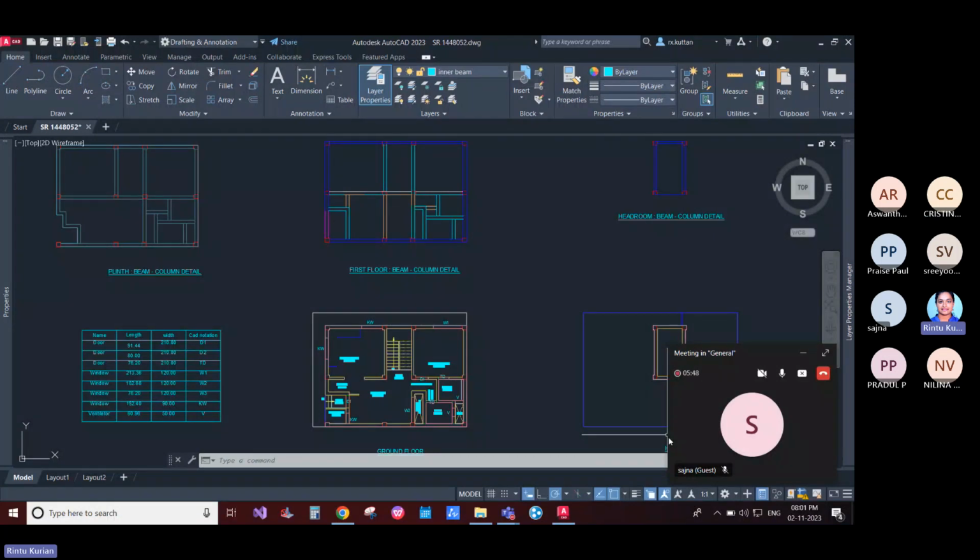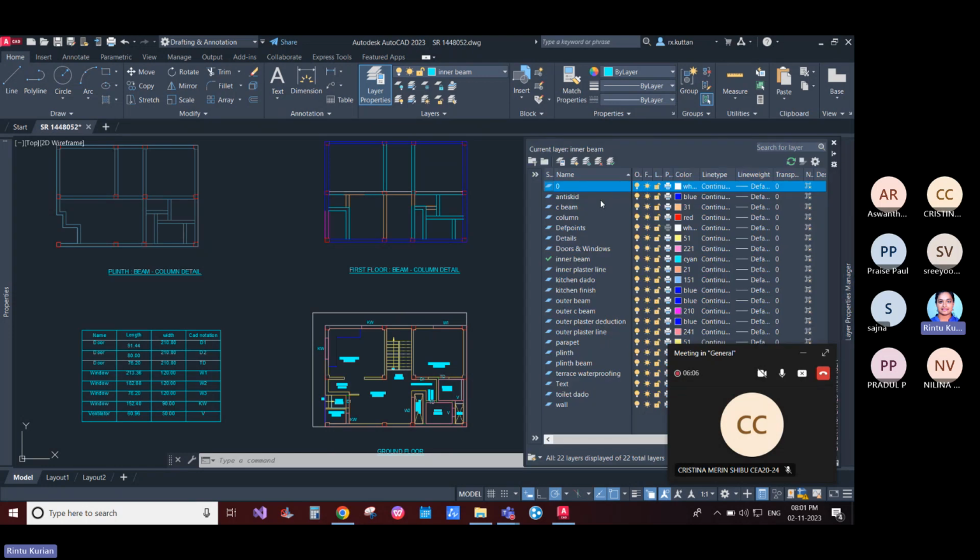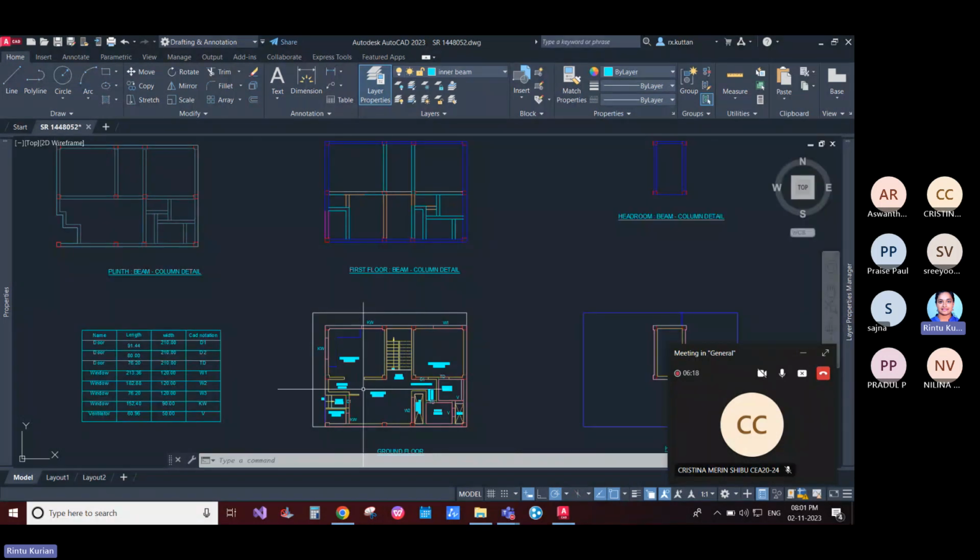Okay. Now, before starting with the estimation part, you will have to prepare a drawing. You'll have the architectural drawing with you, but you have to do some corrections in order to get it scanned through Estimax. First thing is that you'll have to draft everything in the appropriate layers. And for your reference, I'll share the file so that you can go through the same and learn how to do the drafting part. Now, the explanation for the same has already been taken in the previous session, so I